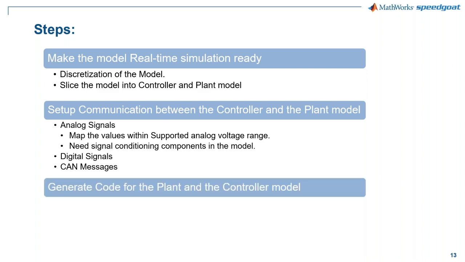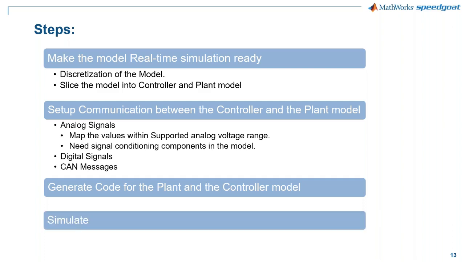And then finally, once you generate the code for both plant and controller, based on whether you're doing rapid prototyping or hardware loop simulation, you do need the code for both of them, and then accordingly you'll deploy to the target computer hardware. Then finally you simulate, right? These are the steps involved,